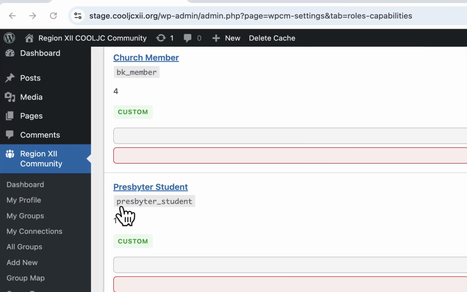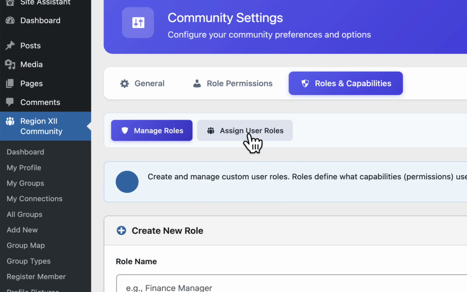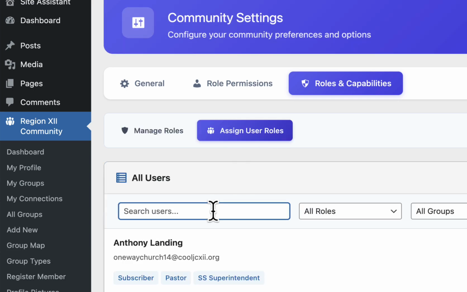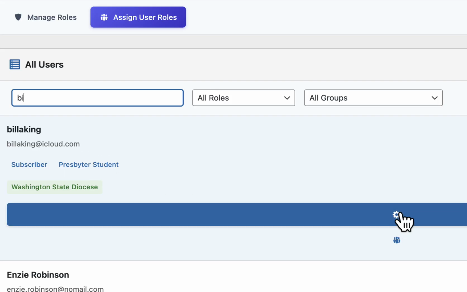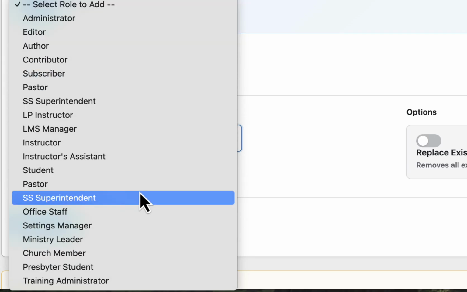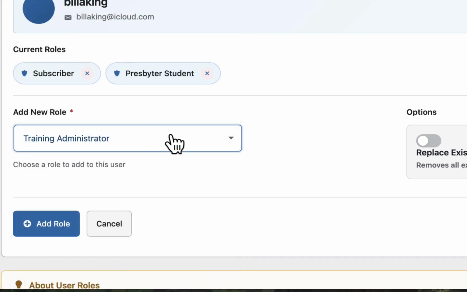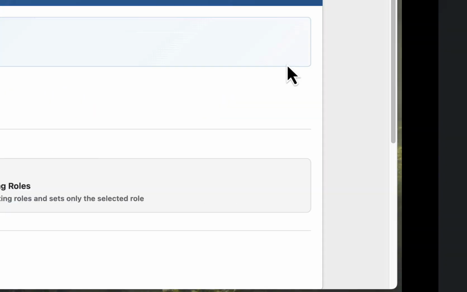And so I'm going to assign myself, scroll all the way up and go to the assign users and roles, look for my name. There I am. I already have that role. Remember, we clicked this cogwheel, and then we want to look all the way down here for training administrator, and we want to add that role. So now I have all 3 of these, and if I want to get rid of one, I just click this. All right, so now if I go to that page and refresh,